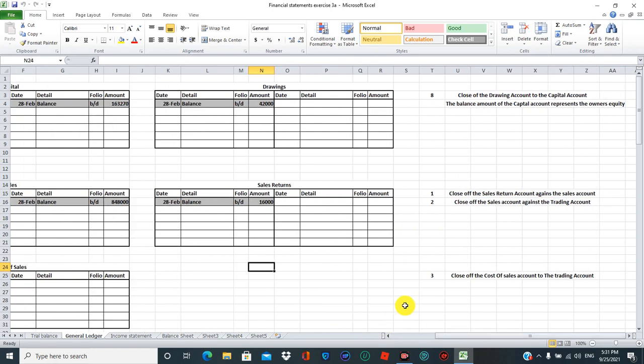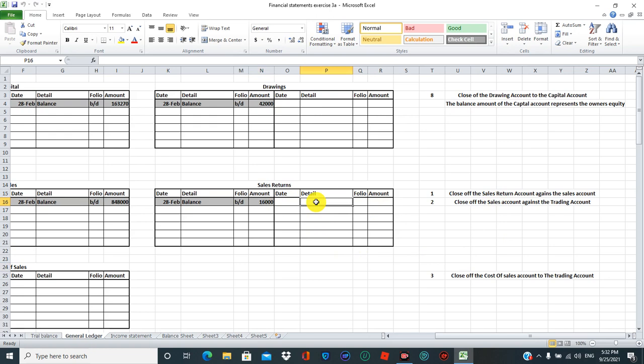So first of all, it says close off the sales return account against the sales account. As you can see, I've got my sales account there, I've got my sales return account. So they say close off the sales return account against the sales account. Now, I'm not going to fill in the dates and all the folios and all that stuff. So let's do that. What you do now, as it said in the explanation of the steps,